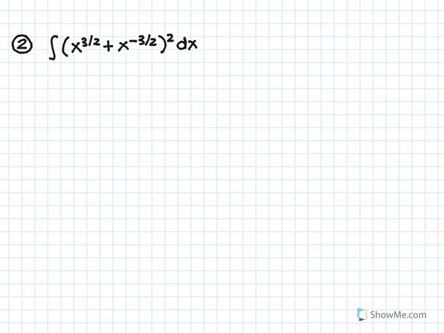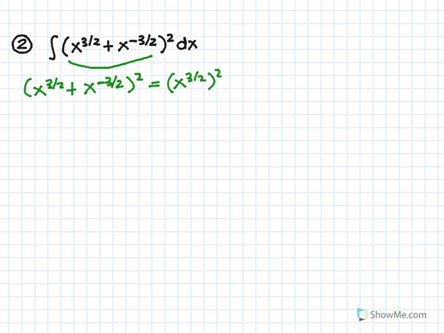All right, let's look at the second question. What we have here is integral of (x to the 3/2 plus x to the negative 3/2) squared. So let's go through some preliminary steps. We're going to need to simplify this integrand. So we have x to the 3/2 plus x to the minus 3/2, all squared. We're going to simplify this as much as possible. This is going to be x to the 3/2 all squared plus 2 times x to the 3/2 times x to the minus 3/2